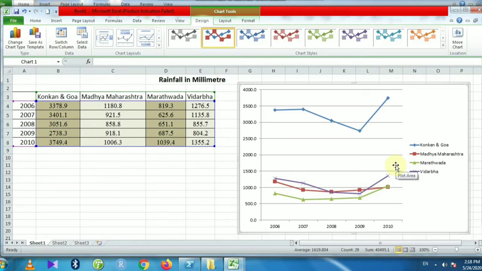You can also see the values of the rainfall on this line chart. Let us see how to see these values. If you move the mouse pointer to the marker on that line, then you can see the region name as well as the value of the rainfall below that arrow. So in this way, you can see these values for each of the marker.